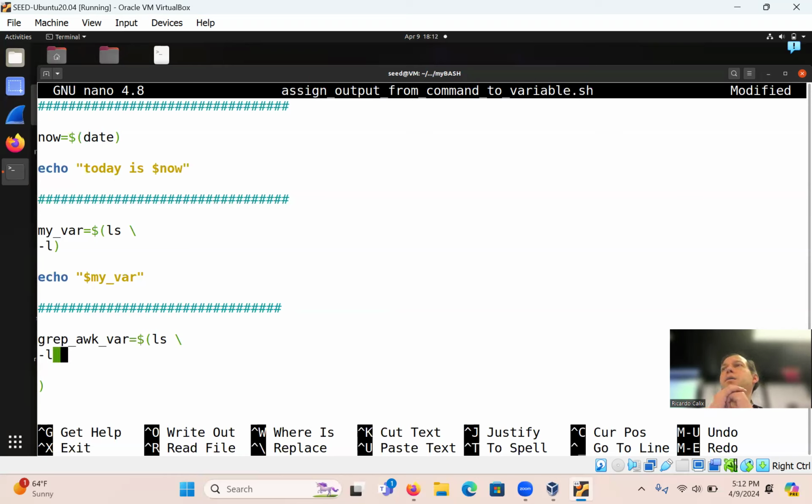And then after this, pipe, because we're going to pipe that into something. Grep, what was it? Other if?